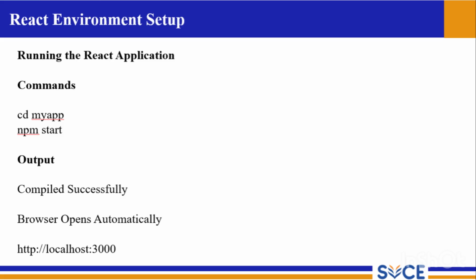This allows developers to see the results of their changes immediately, making development more efficient and more interactive. At this stage, the React environment is fully set up and you are ready to begin creating dynamic and interactive